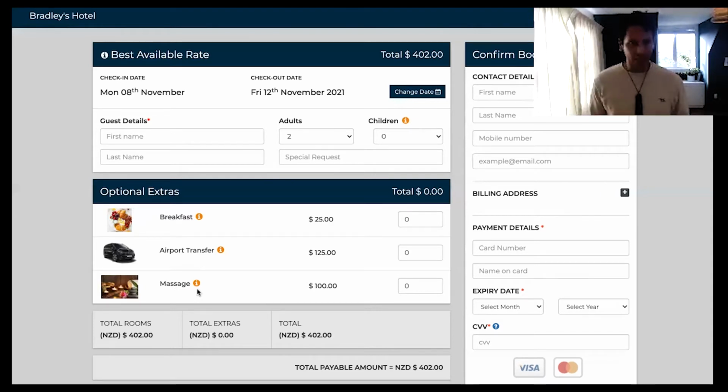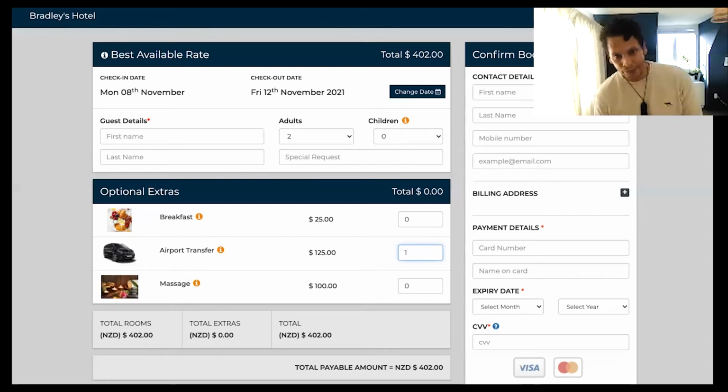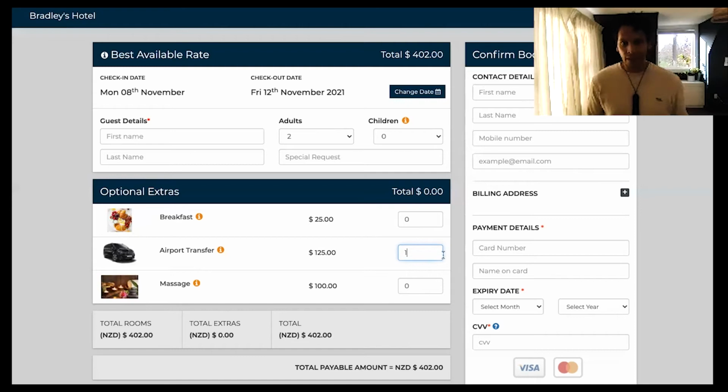I always tend to get the airport transfer, especially if I'm in a different country. It just kind of is a no-brainer. Hey, look, you'll pick me up, drop me off. Chances are it'll be about the same as getting an Uber. And a lot of airports these days are stopping, or Uber is becoming a lot more complicated to take